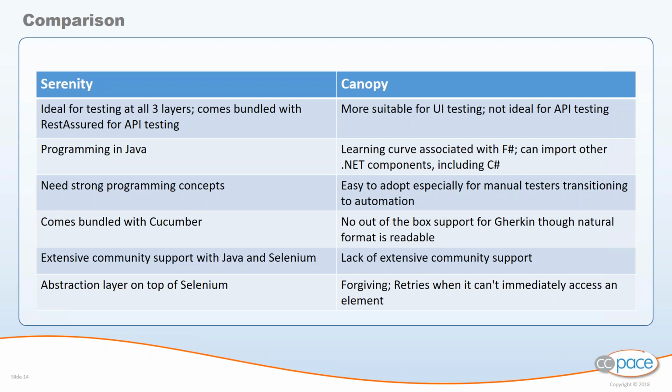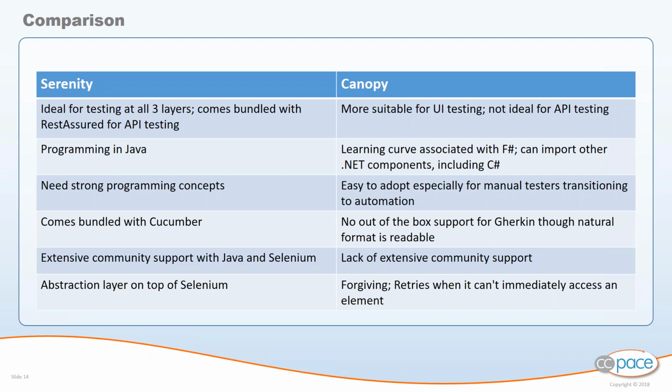And also because the underlying language is Java, it enjoys great community support as well. Now, Serenity also offers a great abstraction layer with its own API rather than the test having to directly interact with the Selenium WebDriver. And this direct interaction with the WebDriver is usually what makes the UI test more flaky and more brittle. So using the Serenity framework or the API to write these UI tests makes them more stable.